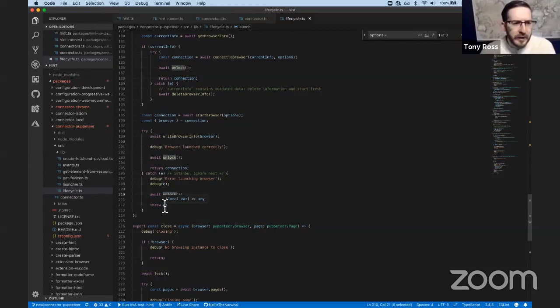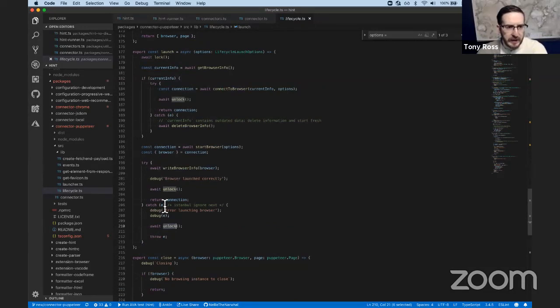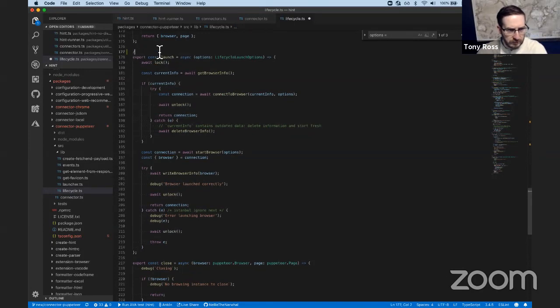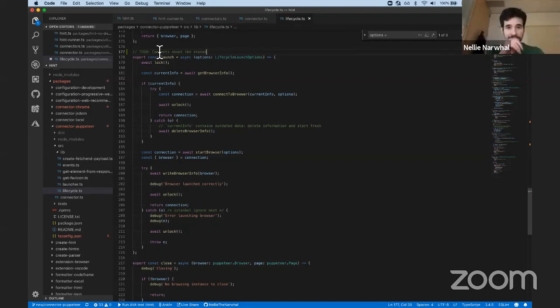Okay, so I think it might be nice to just put a comment up at the top of this explaining the few different states we expect we might enter into this from. Otherwise, looks good. Okay, so we have this, and then yeah, we can go to probably connect to browser,